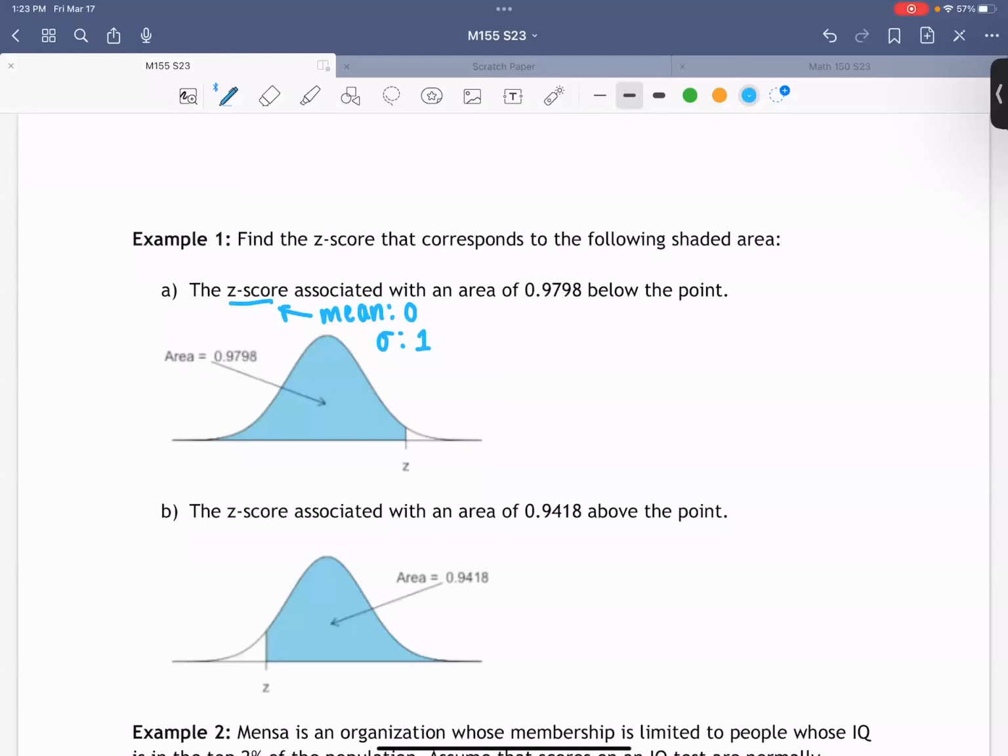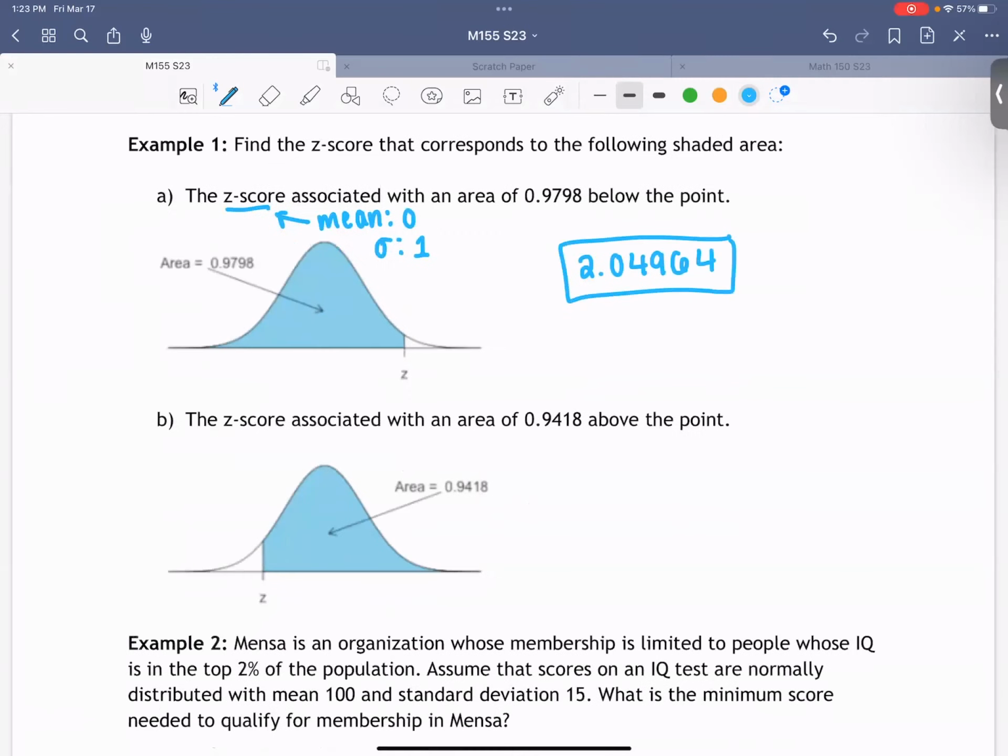So the Minitab output was 2.04964. The Minitab output for these questions is always going to be your final answer. You don't have to do anything to the number once you get it on Minitab. Let's do part B. This time we're given a similar question, but here we're doing a greater than probability